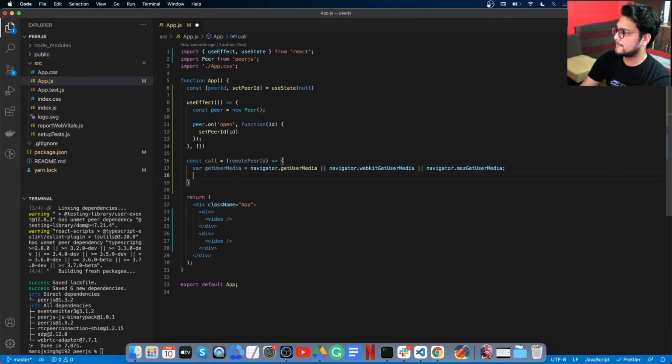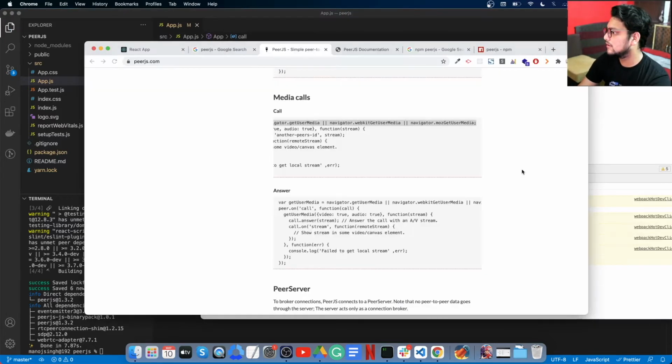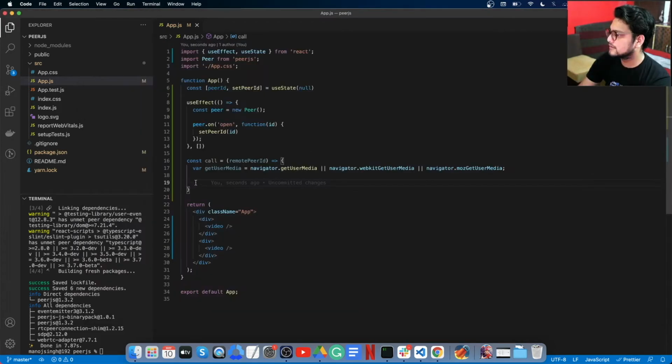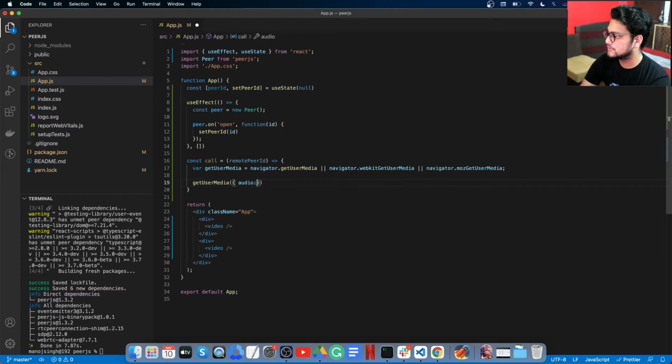So this is basically a countermeasure for older browsers that don't support the standard getUserMedia. So we've got getUserMedia here, with audio true, video true. For right now, I'm going to remove audio